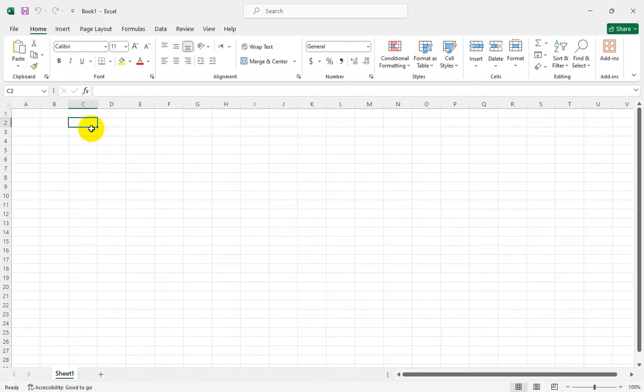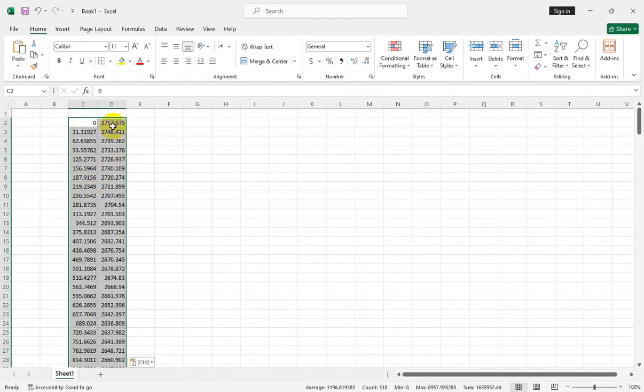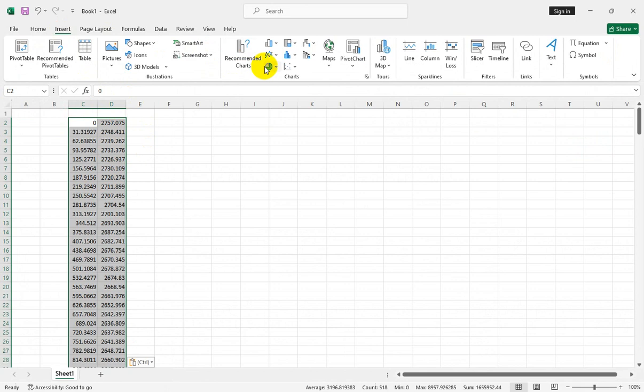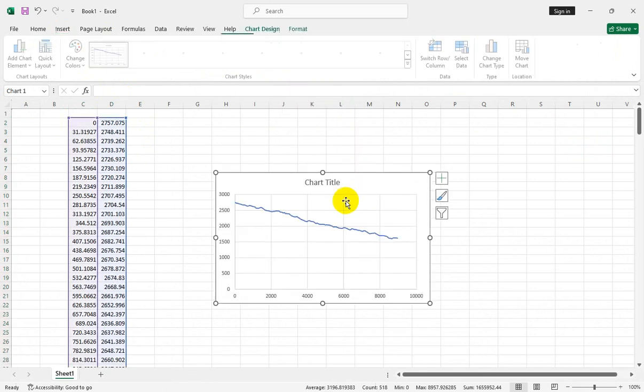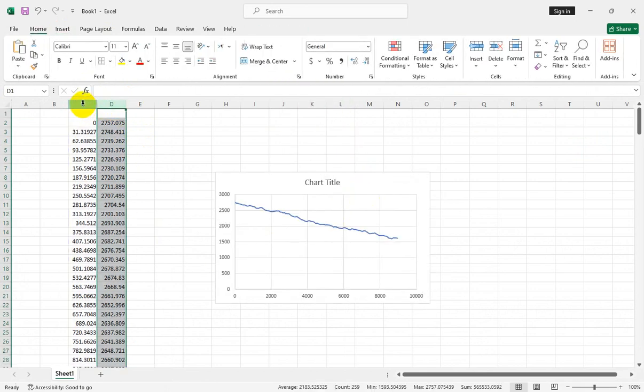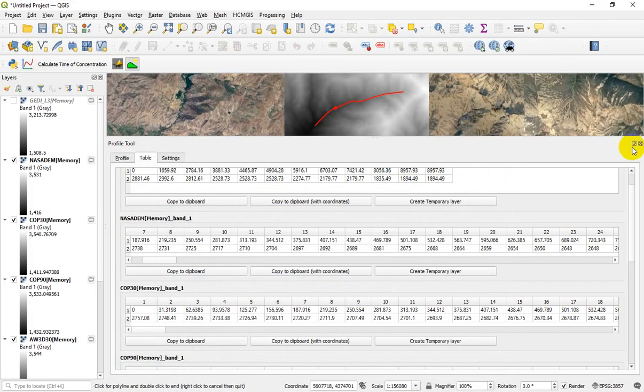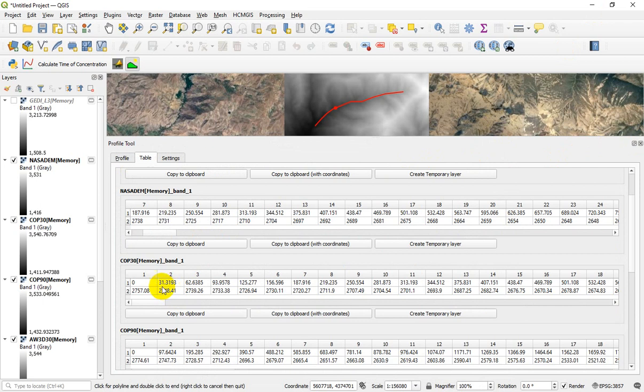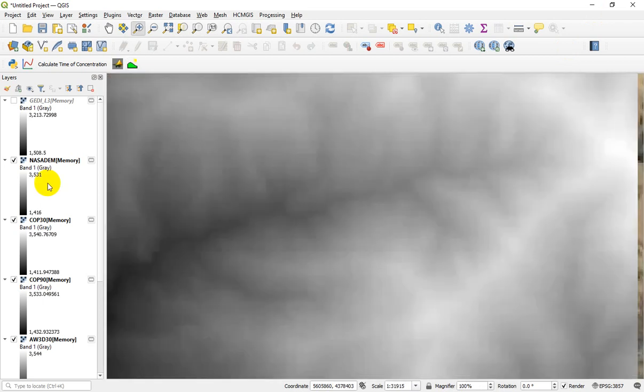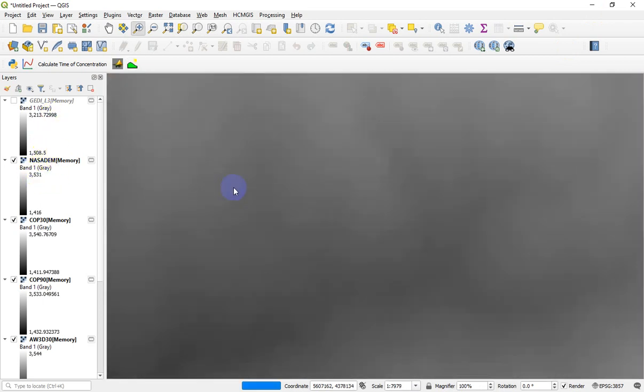Okay, here you can paste all of this information and plot it on your computer. This is the elevation and this is the station or x-axis. And you can do this for all the different sources.